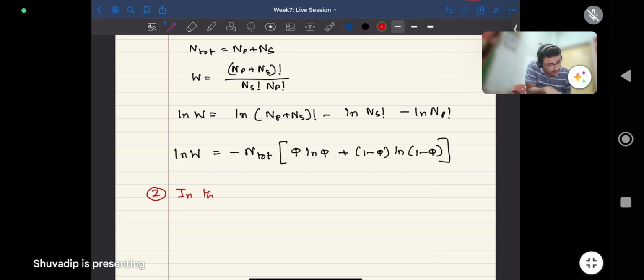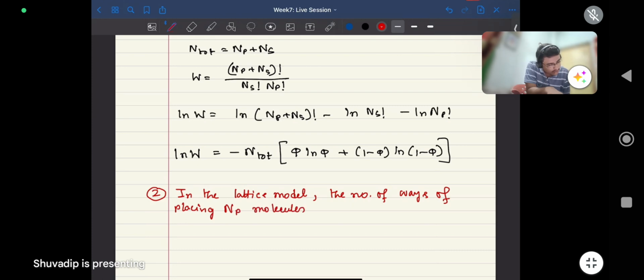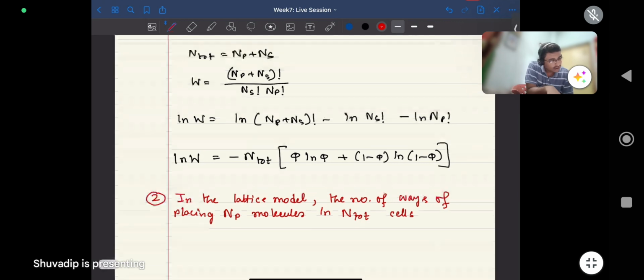In the lattice model, the number of ways of placing Np molecules in total cells, where the total is Np plus Ns, is given by